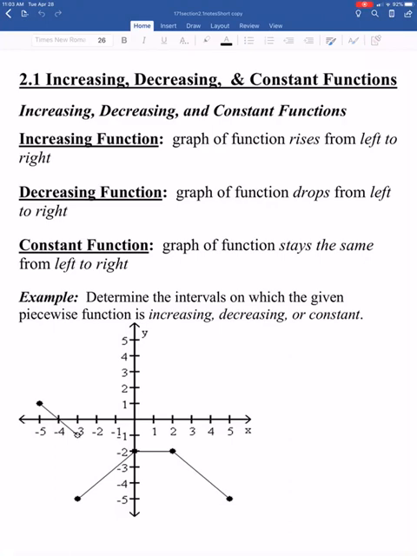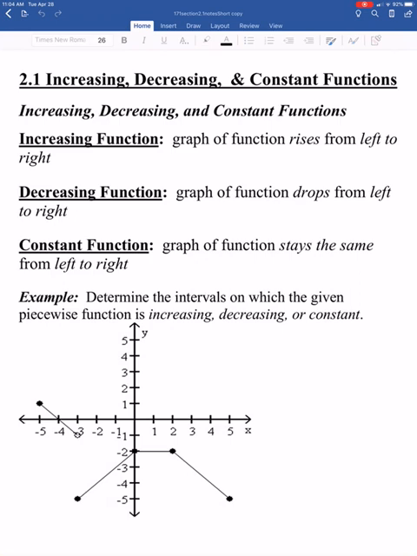All right, take a look at section 2.1 here. We look at analyzing the graphs of functions. We get into talking about increasing, decreasing, and constant intervals within a function graph. All right, so we see here we've got the definitions of what it means to be an increasing, decreasing, and